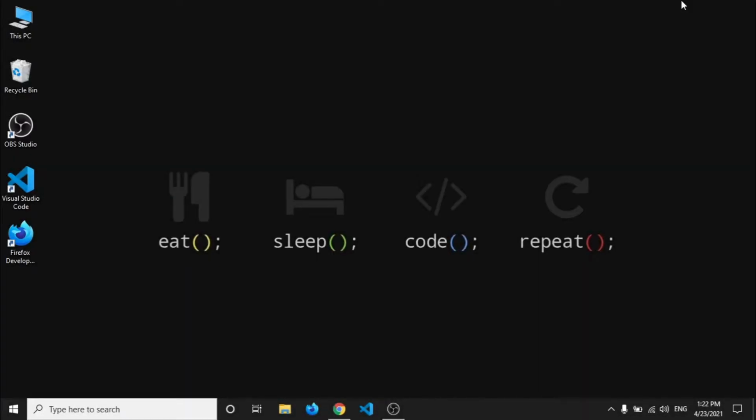Today I'm going to be showing you how to download and install Sublime on your Windows machine. So let's get started. Now the first thing which you have to do is open up your Google Chrome,